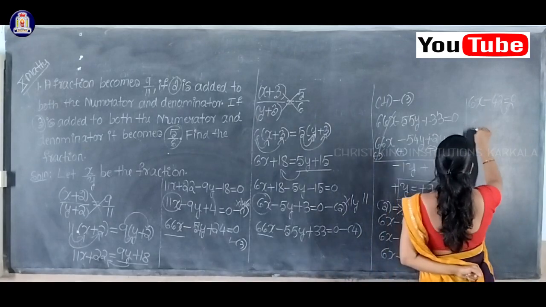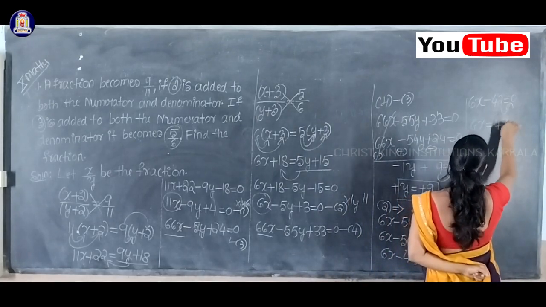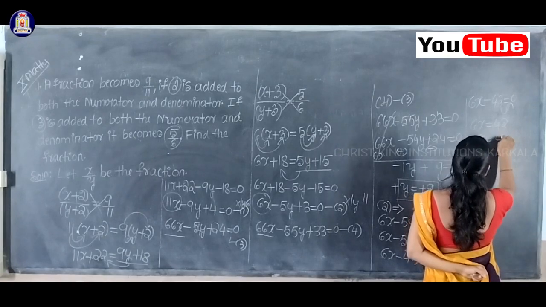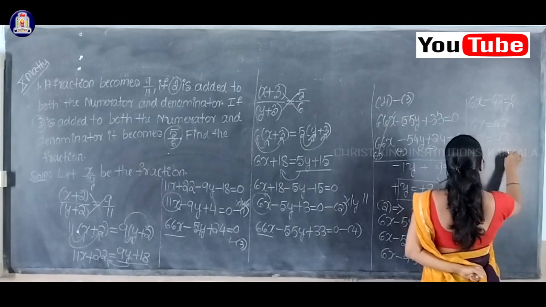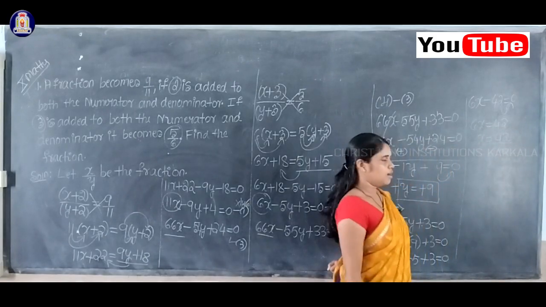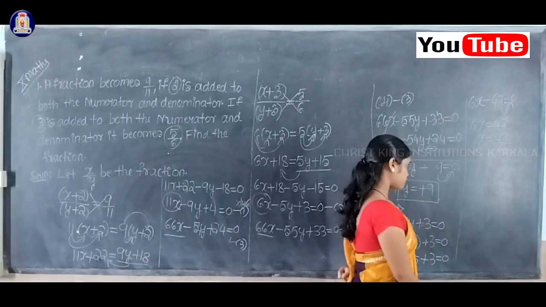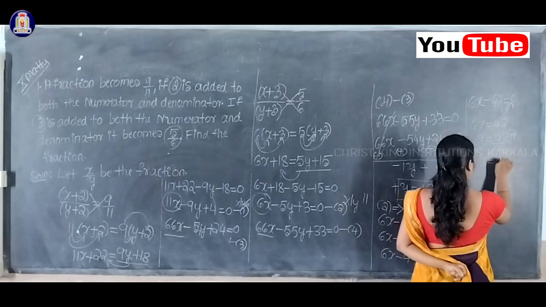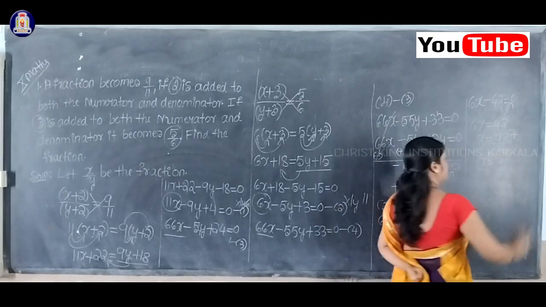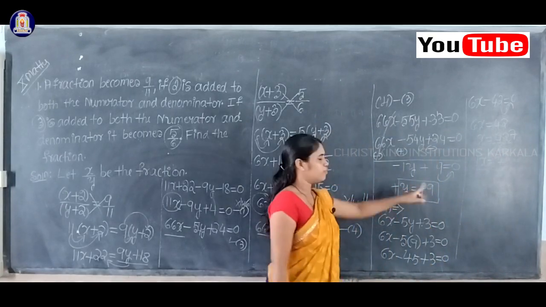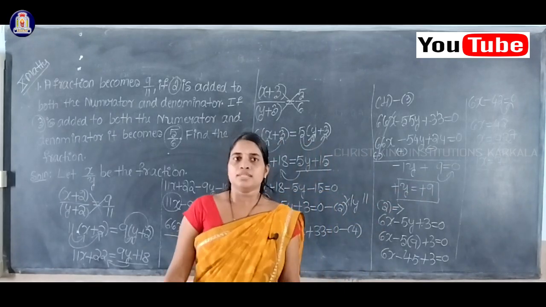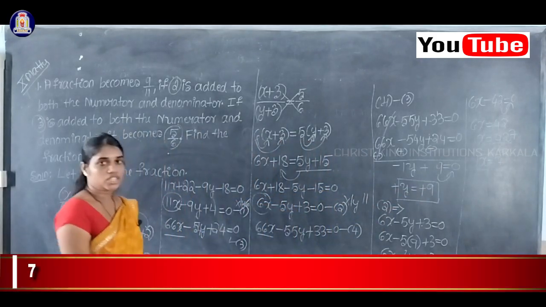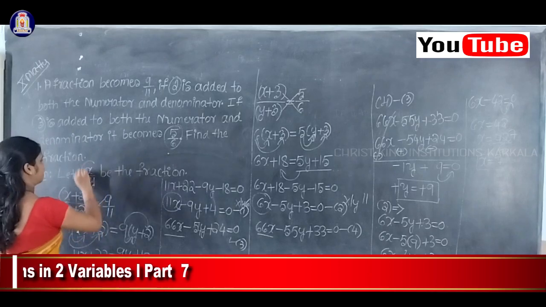So then I will get 6x is equal to 42. So x is equal to 42 by 6, okay. So 6 how much are 42? 6 7s are 42. So therefore the value of x is equal to 7 and the value of y is equal to 9, okay. See students, actually our intention is to calculate the value of a fraction, okay.